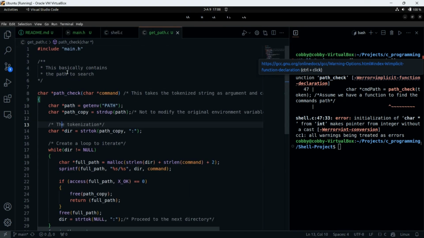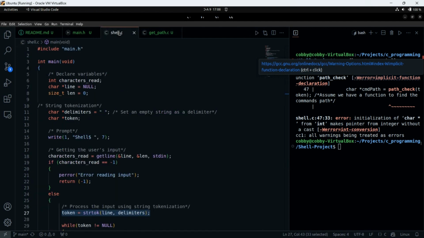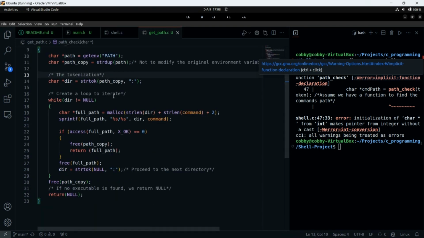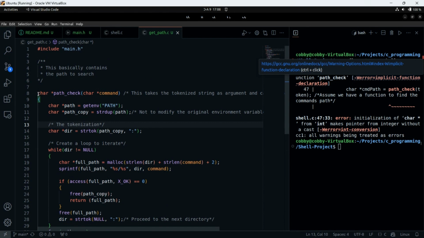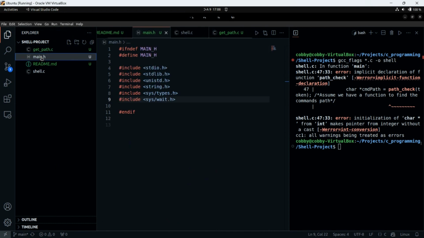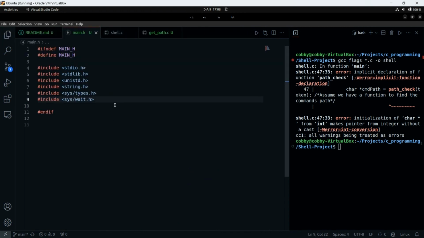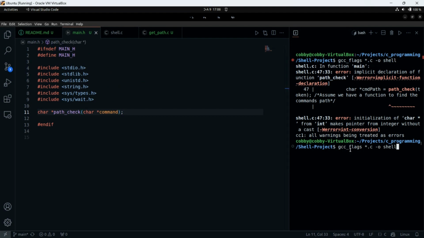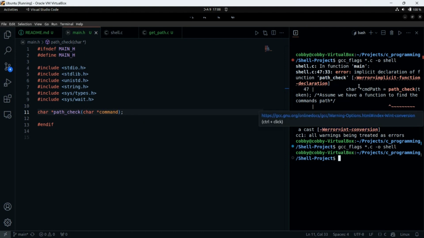Let's get it. Where is it? Get path. Yes. So we need to have this declaration where very necessary in our header file. Where's our header file? Oh, okay. It's not easy. I'm very tired. So good. Thank you very much. You solved our first error. You have a second error to fix. Oh, really? It solved that. That's very nice. Thank you very much.